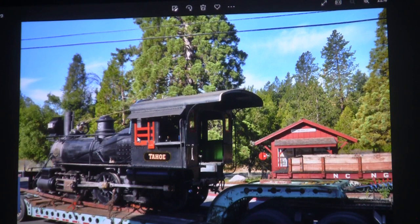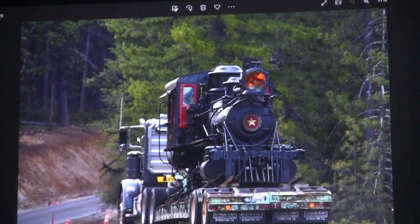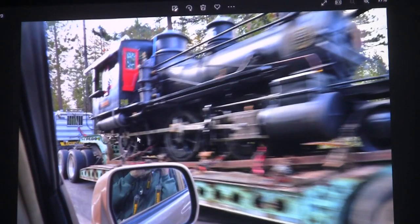Here we are going past the kiosk that we placed at Railroad Avenue alongside the flat car. And this locomotive is actually on the narrow gauge railroad bed, where the Nevada City Depot once stood. And so here she is getting on the freeway and a beautiful scenic drive up Highway 20. We had a lot of onlookers and a lot of people